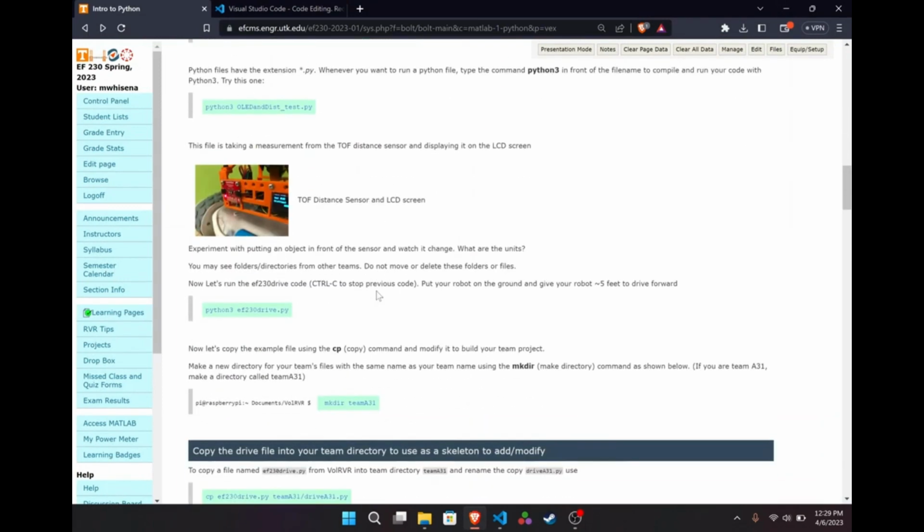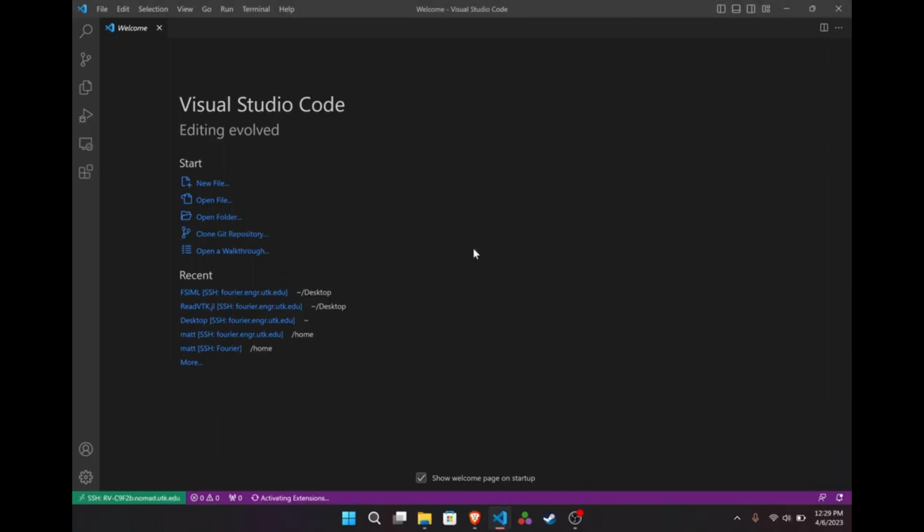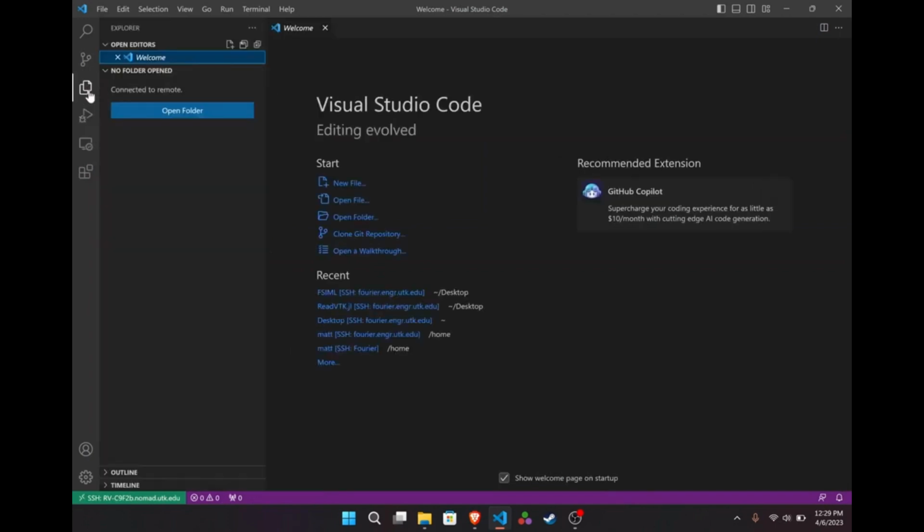All right. And this is what you should see in VS Code. It might say some stuff like this. You can just go ahead and click exit, whatever. Okay. So the reason why this is nice is because you can go to this panel, the Explorer, and you